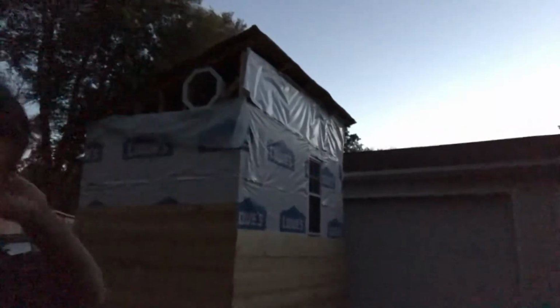This is 100 inches wide, so a little over 8 foot wide, 12 foot long, and I think it's going to be shy of 12 feet high, hopefully. I'm going to get a metal roof on it still. But there she is,